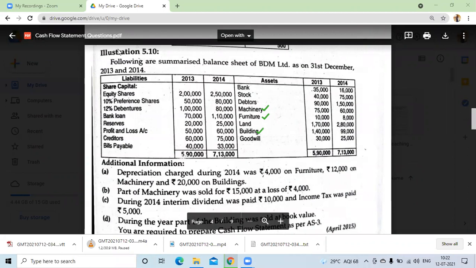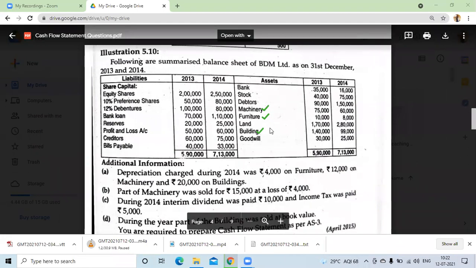So just an example, machinery. We have two adjustments on machinery, so what I will do, I will write here 1 and 2. On building, I have two adjustments, 1 and 4, so I will write 1 and 4. Is that clear? Yes, ma'am.